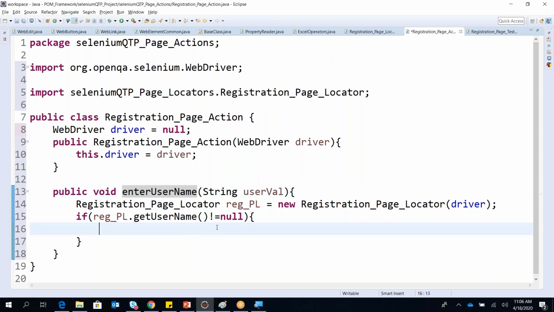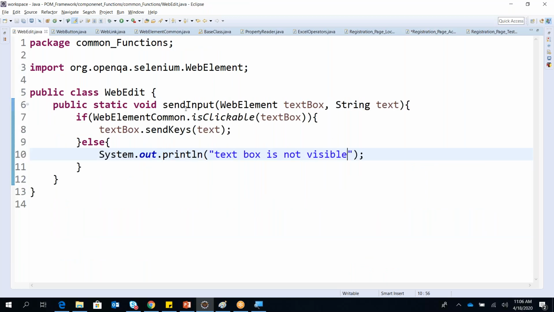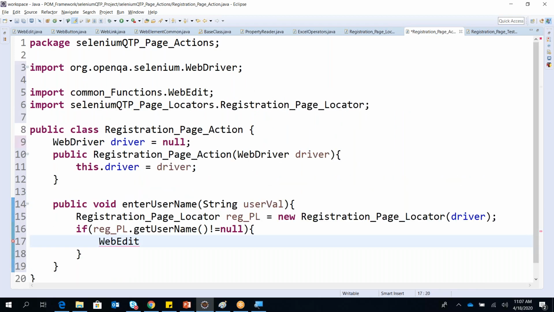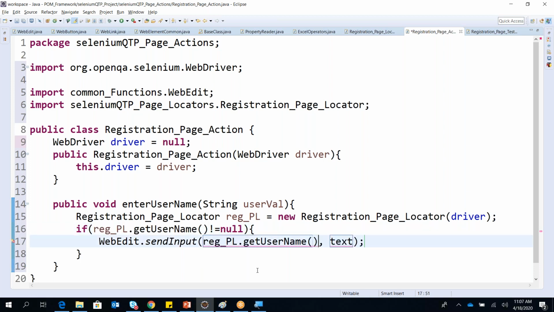But to enter some value on the edit box, we had already written common functions, that is sendInput in the WebEdit class. Now I don't want to write any of the code here. So I'll write here WebEdit, that is my class, dot sendInput, and to send input I need this text box. So the text box is my username. So I can either pass this value, and here a userVal,